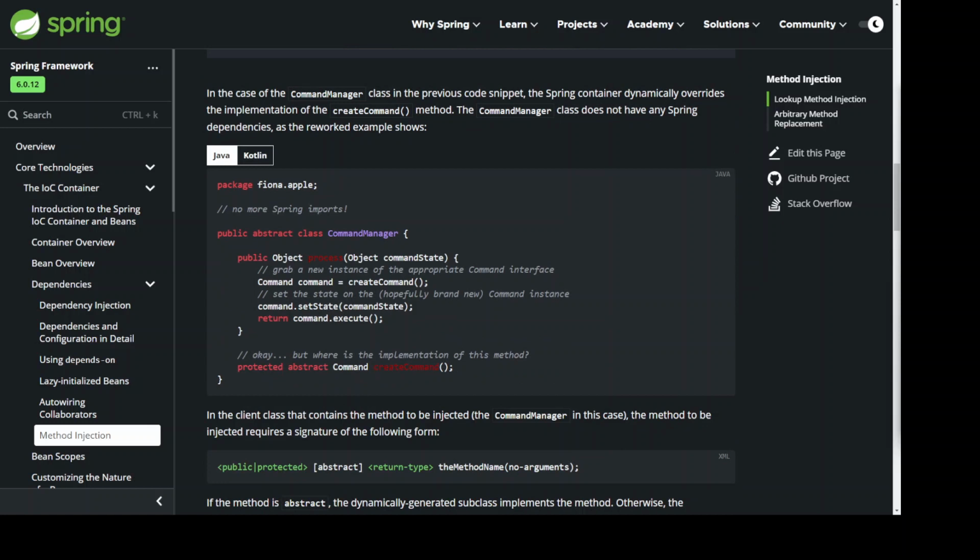Package fiona.apple; // no more Spring imports! public abstract class CommandManager { public Object process(Object commandState) { // grab a new instance of the appropriate Command interface